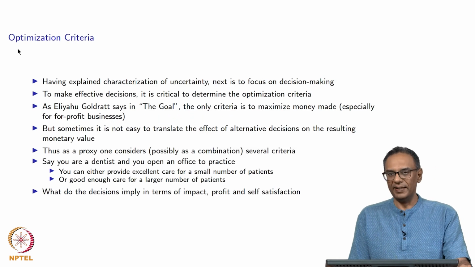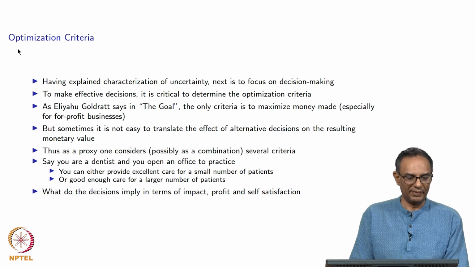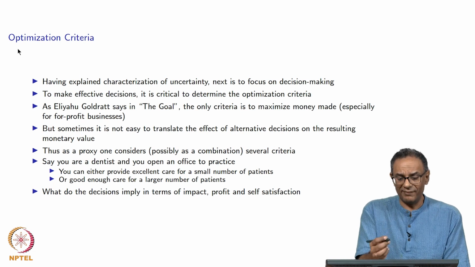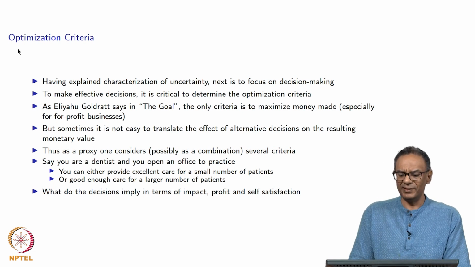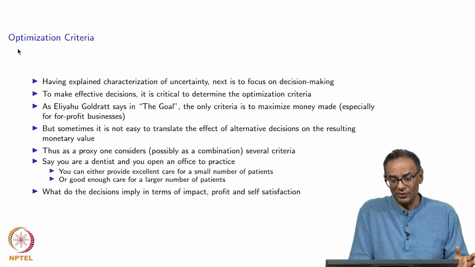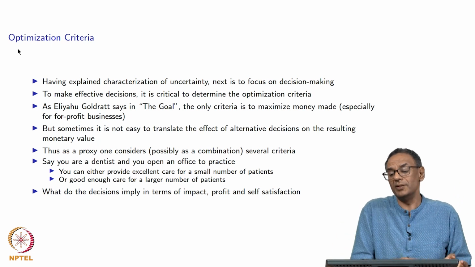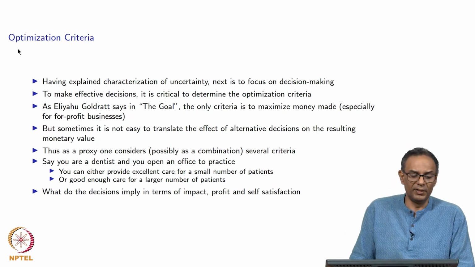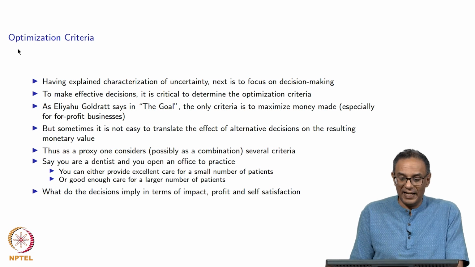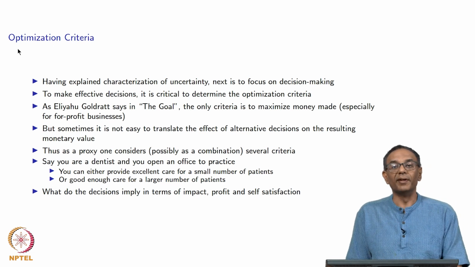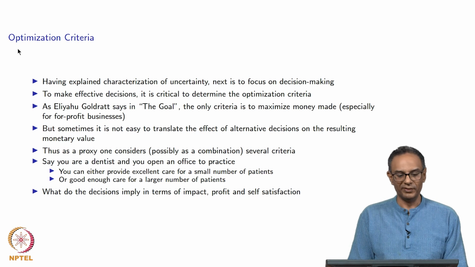Okay, the treatment is not going to be mathematical. All right. So, what are the optimization criteria? We talked about the characterization of uncertainty, right? So now we want to say, okay, we talked about uncertainty. The course is about decision making under uncertainty, so we spend a little bit of time talking about making decisions. To do that, it is important to figure out what criteria you're going to use to optimize.